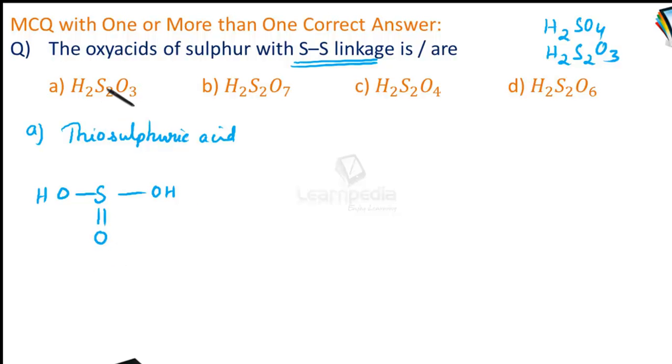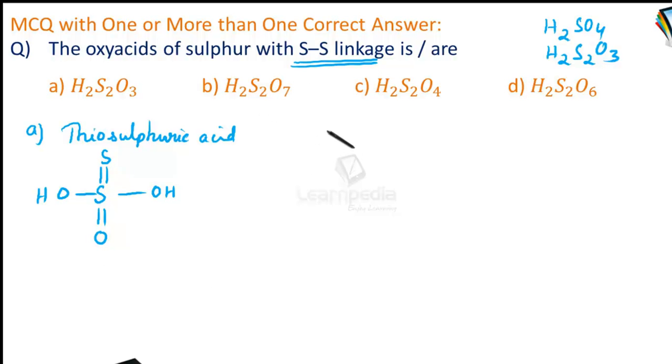So definitely in place of the second oxygen there is a sulfur. So there should be a sulfur-sulfur double bond. So here there is a sulfur-sulfur double bond, not a sulfur-sulfur single bond linkage. Our second one is